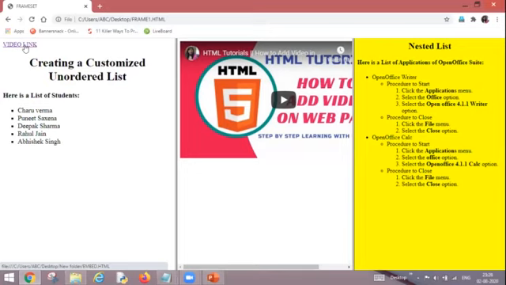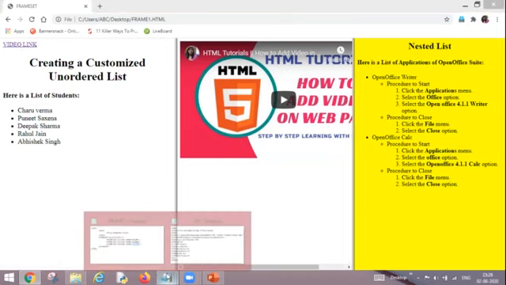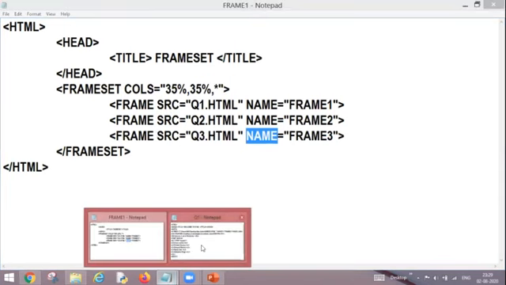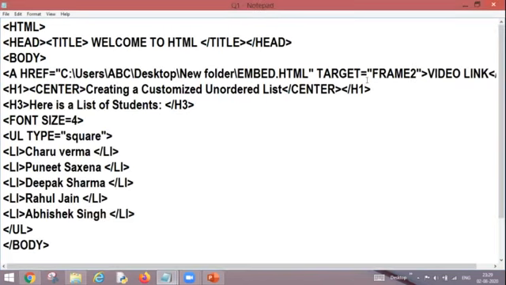So in my video link, I have given the target frame, and the target contains the name of the frame, which is given along with the name attribute. This is how the name and target attributes work together. The name attribute I have to use along with the frame tag, and the target attribute I need to use in my anchor tag.